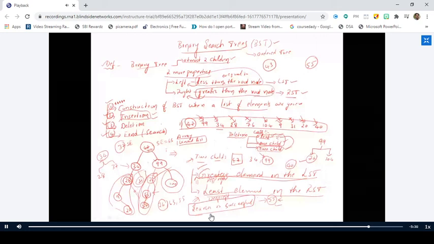We have discussed the 4 operations in this binary search tree, that is construction of binary search tree from the given list of elements, inserting an element into the binary search tree, deleting the nodes from the binary search tree, and finding an element in the binary search tree. Construction is a straightforward process where you take the first element as the root node and from the next element onwards you compare it with the root node, and if it is less than the root node you place it as the left subtree, and if it is greater than root node you place it as the right subtree. And insertion is a simple process where you compare it with the root node and then you follow these two properties, left subtree and right subtree, and then you place it in the correct position.